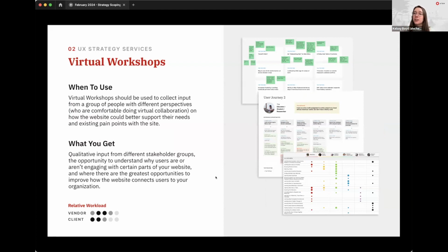So again, we're starting with our survey data, understanding what's important or what people can't find, and then really digging into why are things important to people? How would they expect to find things? Where are there opportunities to improve that experience? We're gaining qualitative input from different stakeholder groups, so establishing the opportunity to understand why users are or aren't engaging